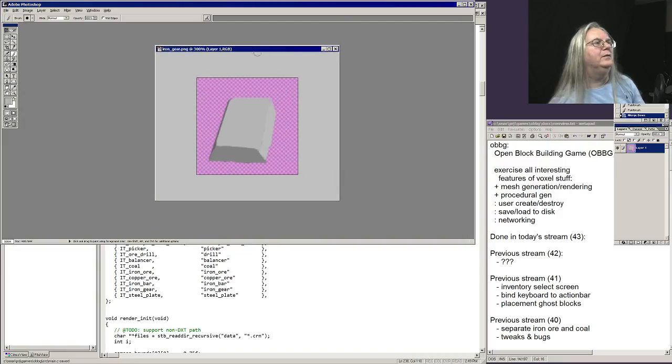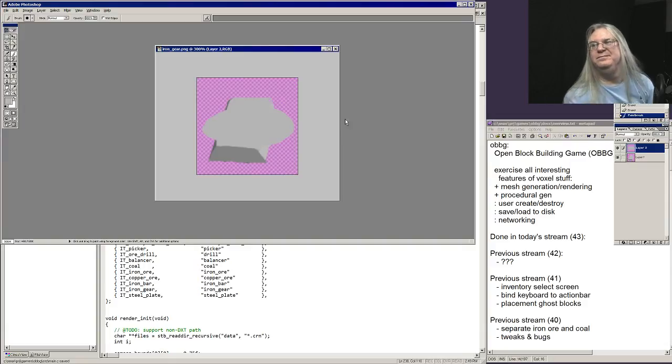All right. So basically it wants to be the same as the icon. And then